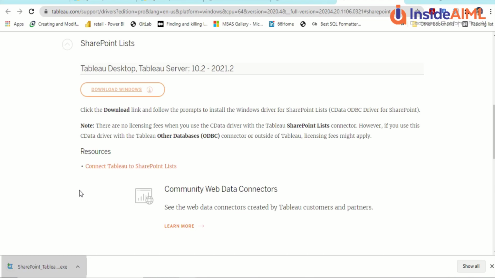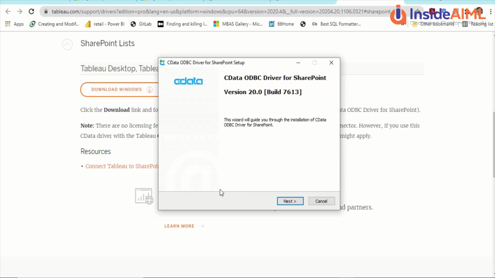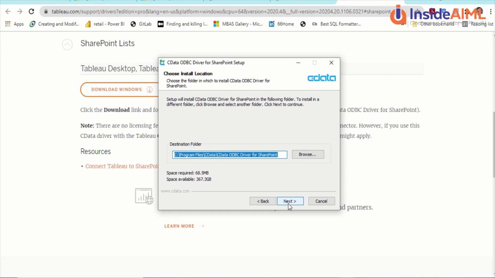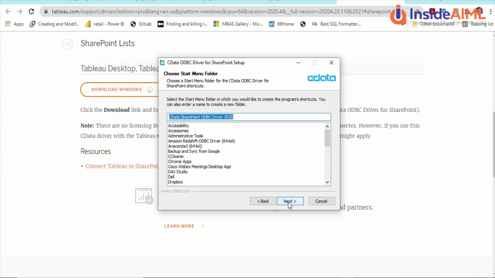So we have downloaded a driver right now, since we are unable to connect with SharePoint without using a driver from Tableau. Now there could be a third-party driver, but these are Tableau drivers which are available for us, and we are trying to connect to SharePoint. So let me try to install this. This might take a little bit of time, download and then starting it, and then Windows is going to ask for permission. Windows has asked permission. You might not be able to see that screen, and I'm going to agree to this and install all these things. And